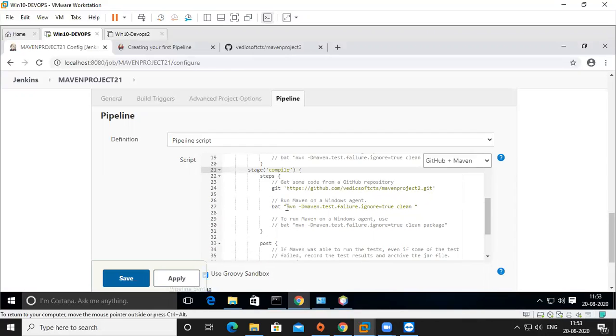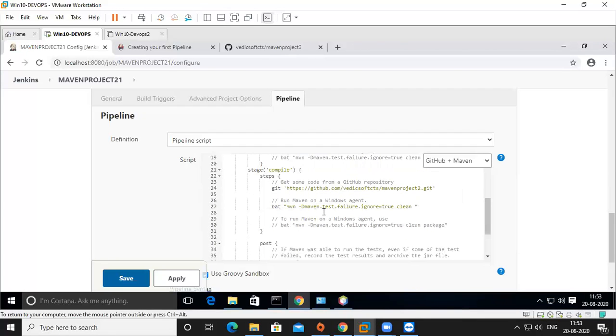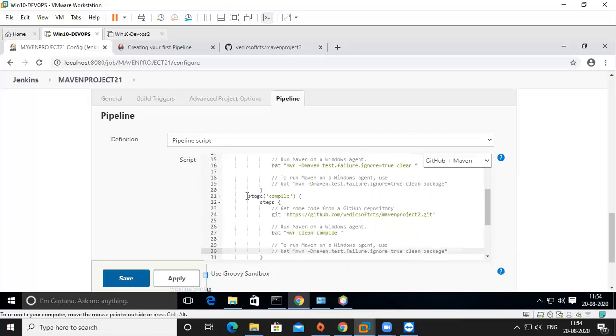The Git is the same thing, or you can put it internally. Once Git is there, you can put it internally. So here it's clean, right? Instead of clean, I will put clean and compile. Okay, so I am declaring one more here, like you can use a test stage.